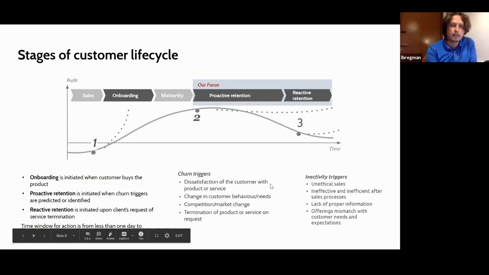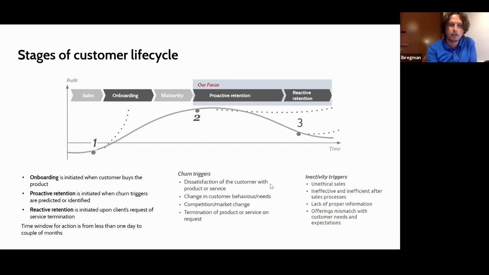So maybe the client is absolutely happy about something, but now he needs something else. One good use case is when people have a big transformation in life, like for example graduation from college or marriage, which changes our buying behavior a lot.